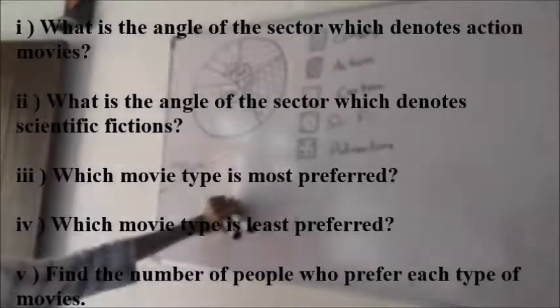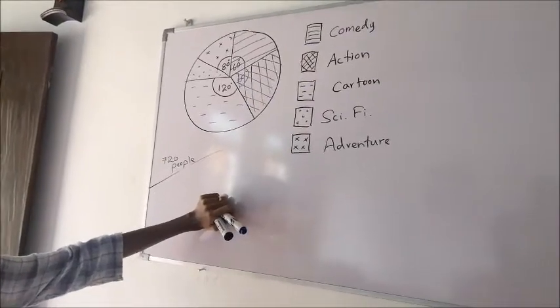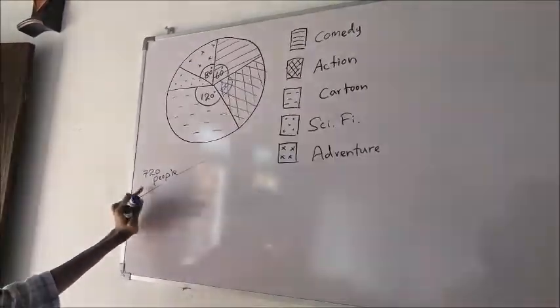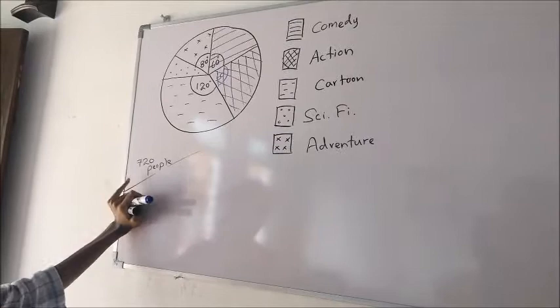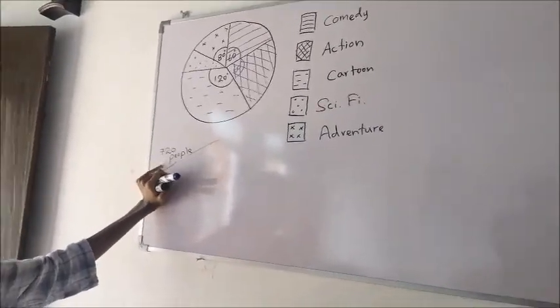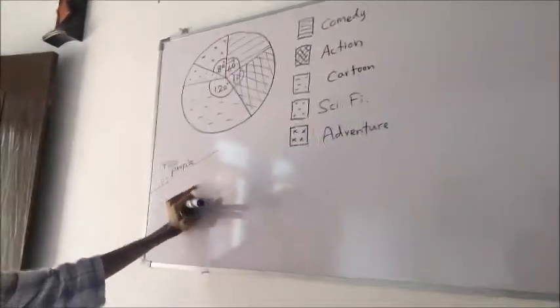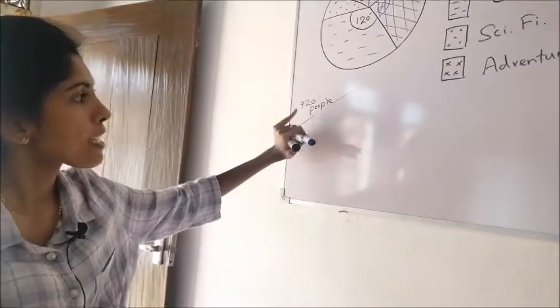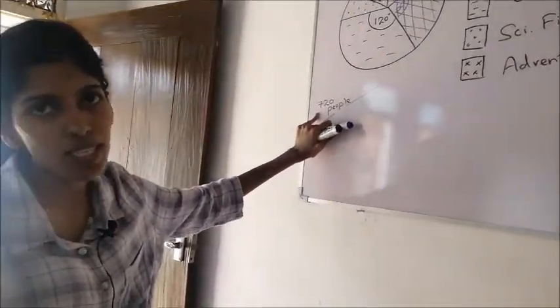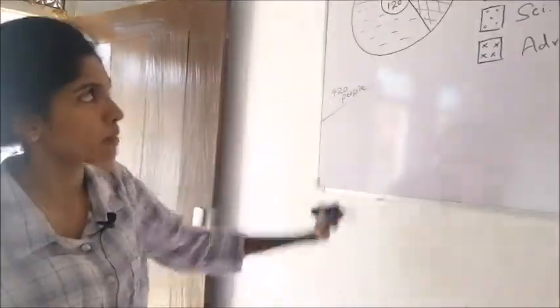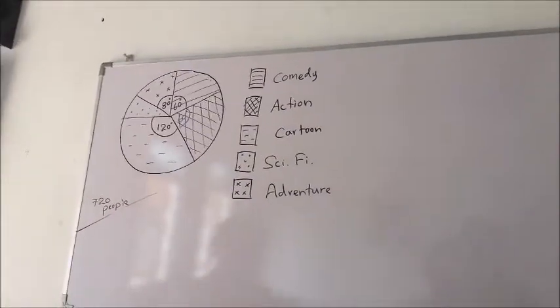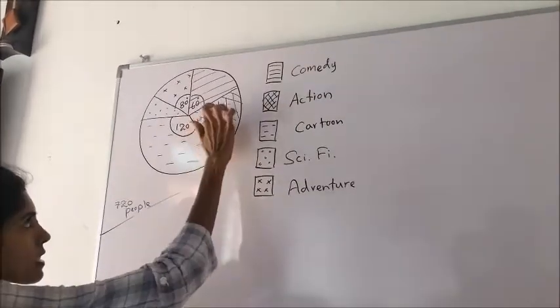So this pie chart shows us the information collected from 720 people about the movie types they prefer, right? That means this 720 is the total number of data, right? See the pie chart, right? Here some angles are given except this,